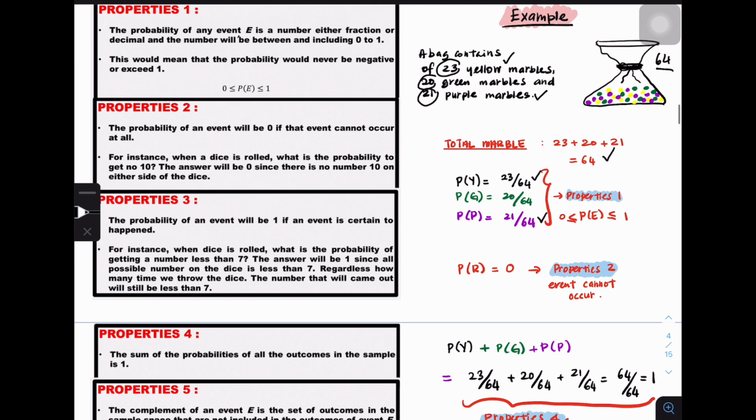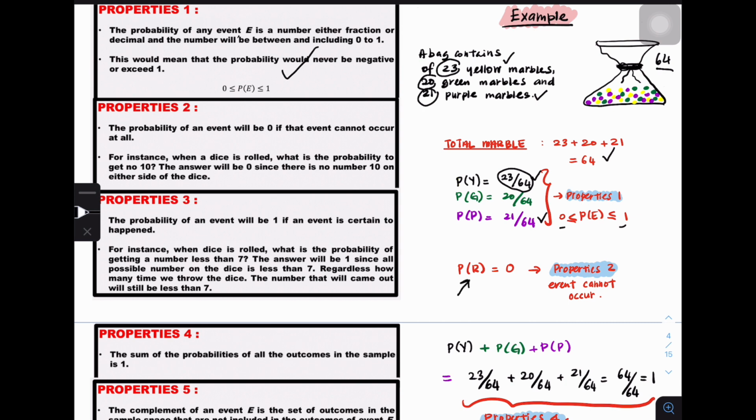So, kalau awak tengok, ini adalah properties number 1. Okay, di mana kita punya probability is in fraction. Dan kalau awak tukarkan fraction ni menjadi decimal, dia adalah nombor di antara 0 to 1. Okay, so